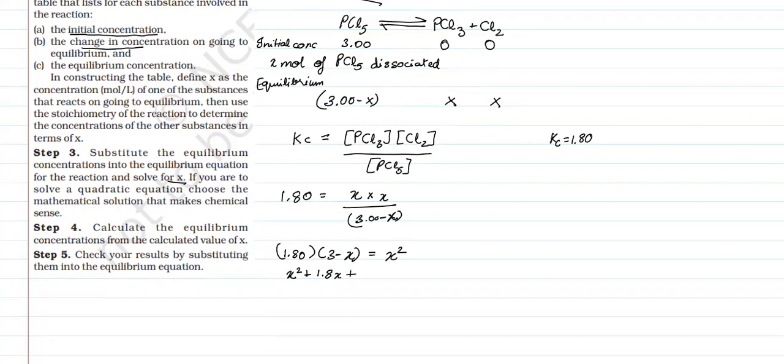1.8x plus, actually, there's a minus here, minus 5.4. Now, this is the quadratic equation. We know for the solution of x, x equals minus b plus or minus root over b squared minus 4ac divided by 2a. Here a equals 1, b equals 1.8, and c equals minus 5.4,